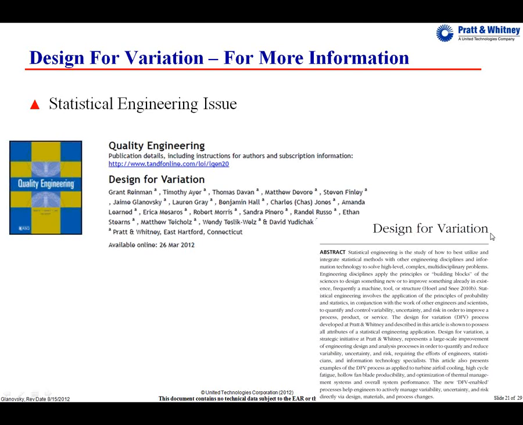Excellent. And another one, obviously this wasn't part of the presentation, but someone did ask if you have a complete example of a design for variation application from the beginning to very end, including any conclusions, or I don't know if that's something that you just weren't able to share, or if it's just too in-depth to share.